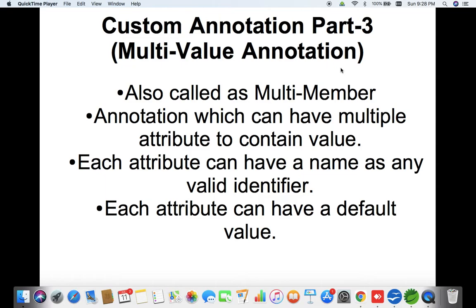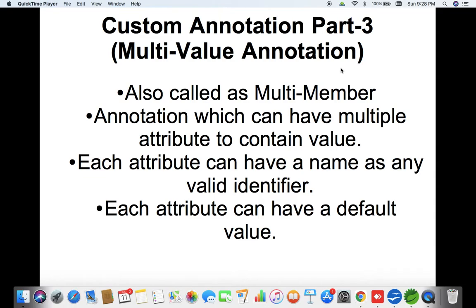This annotation can have more than one attribute which can contain a value. These attributes can be any valid identifier, meaning the names of these attributes can be any valid Java identifier. Like single value annotation, multi-value annotation can also have default values for the attributes.